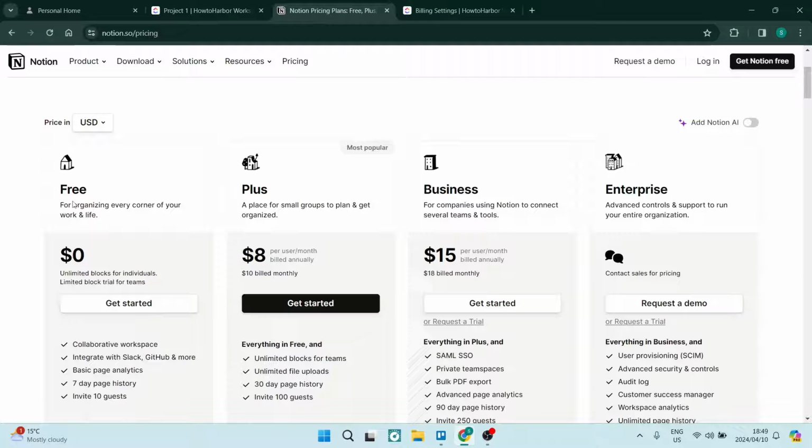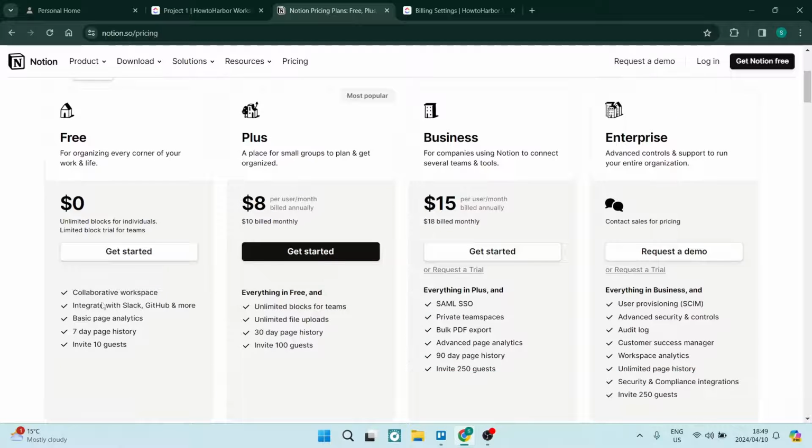Going into Notion here, you can see that they do have a free forever plan. You do get quite a few features, okay? And if you are looking to use Notion as a personal user, I think the free plan is fantastic. But if you want to bump your plan up a little bit, for $8, you can get all of the basic features plus a bunch extra. Okay, I think that is fair enough. They do have the business and the enterprise plans as well, which, as you can see, is not too much,